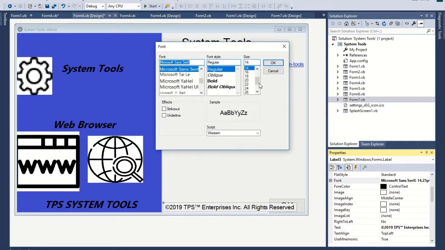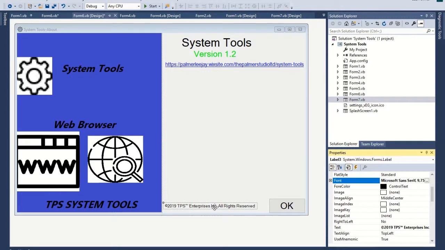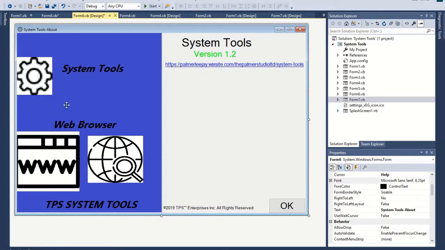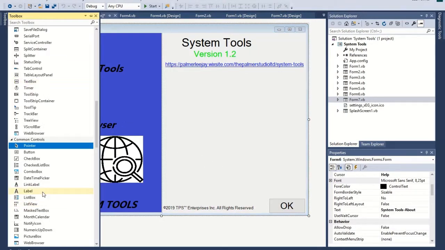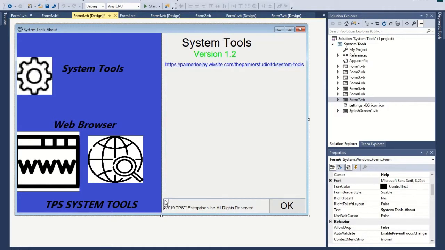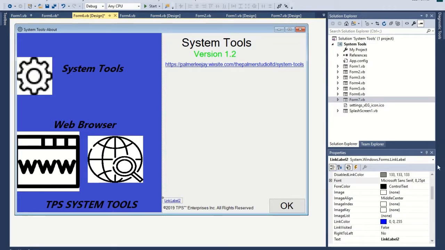Let's make this text that size. And then we need to make it go to